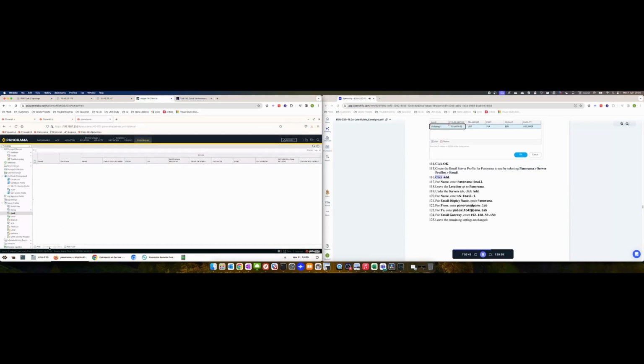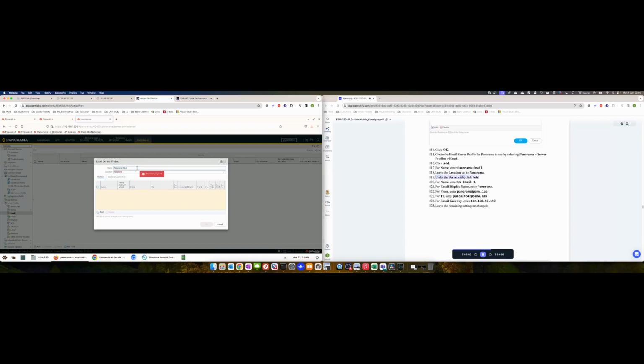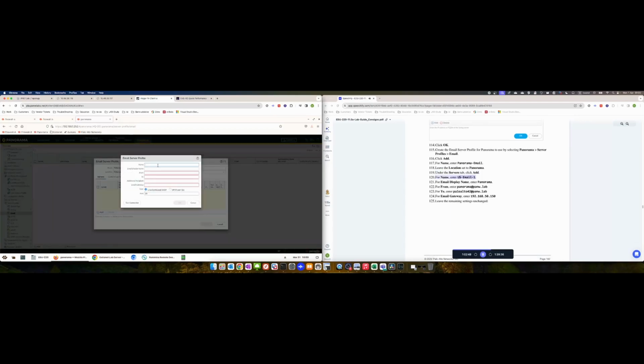Create the email server profile for Panorama to use by selecting Panorama > Server Profiles > Email. Click Add. For name, enter Panorama Email. Leave the location set to Panorama. Under the Servers tab, click Add. For name, enter US Email-1. For email display name, enter Panorama. For from, enter Panorama@panw.lab. For to, enter paloalto@